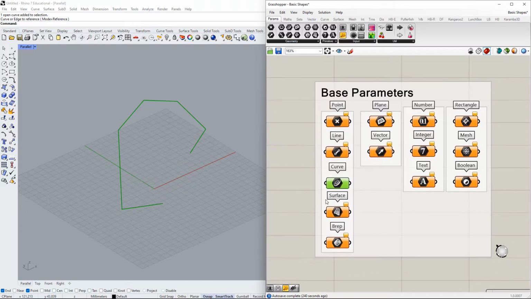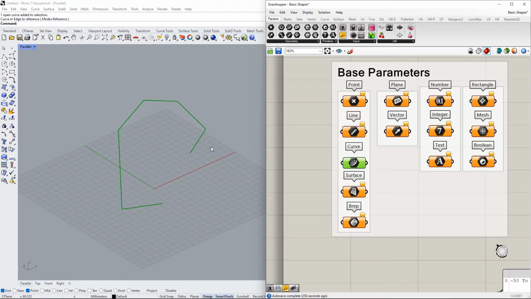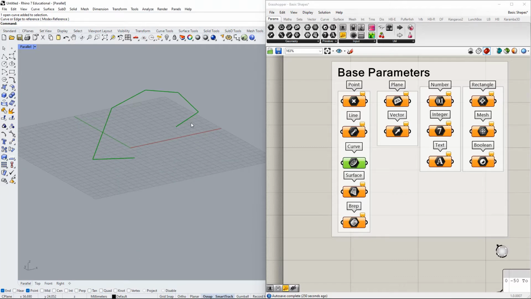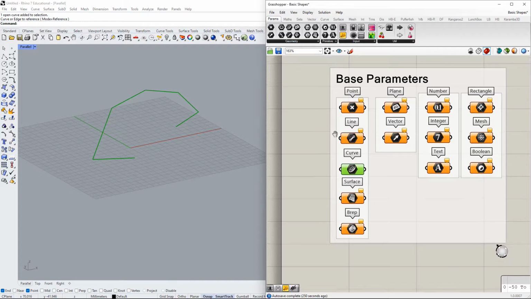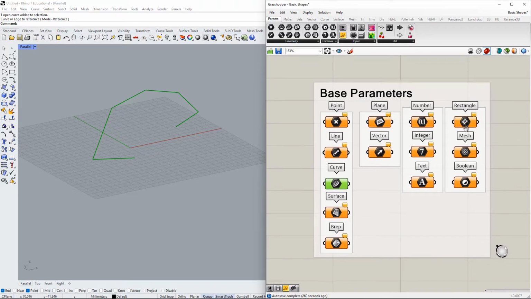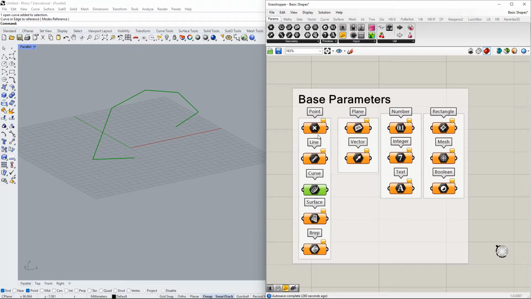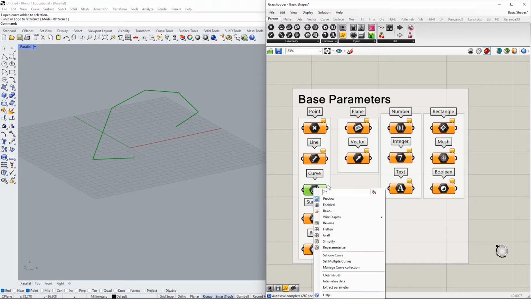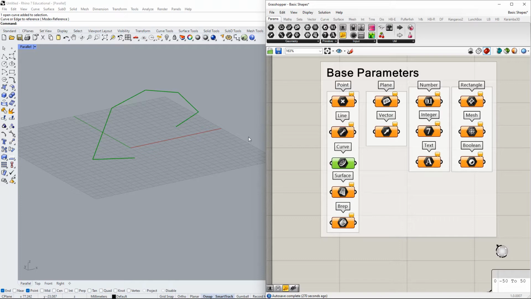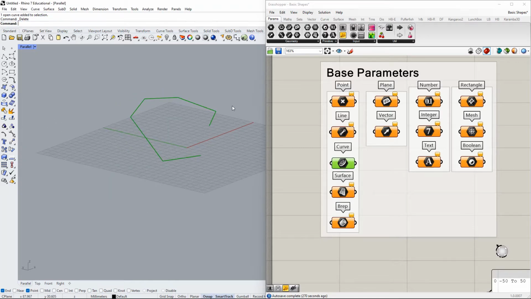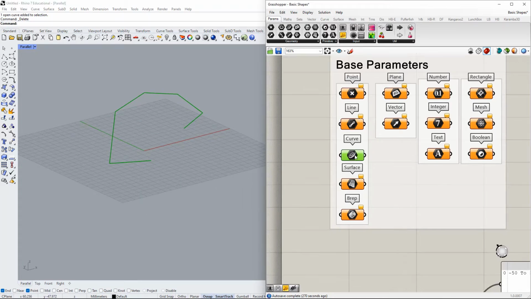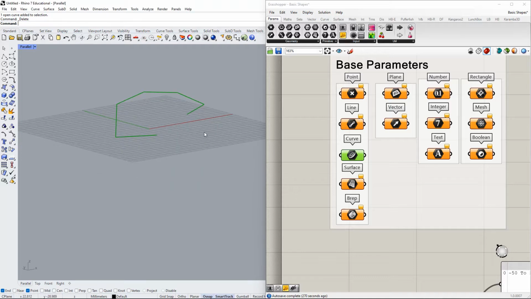Something as well that can be useful is that every time that you bring something from Rhino into Grasshopper, if you don't want to keep using it in Rhino, if you want just to save the Grasshopper file, that sometimes is better or quicker, to just move one file instead of having Rhino and Grasshopper at the same time. You can right click, internalize data, and now you can delete everything from Rhino and it won't give you any error. If you don't internalize the data,